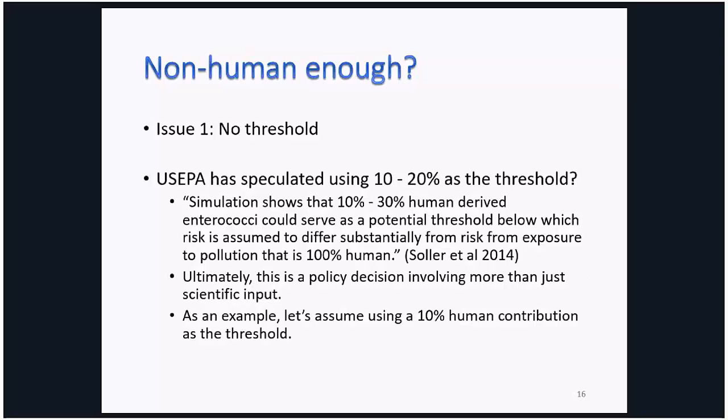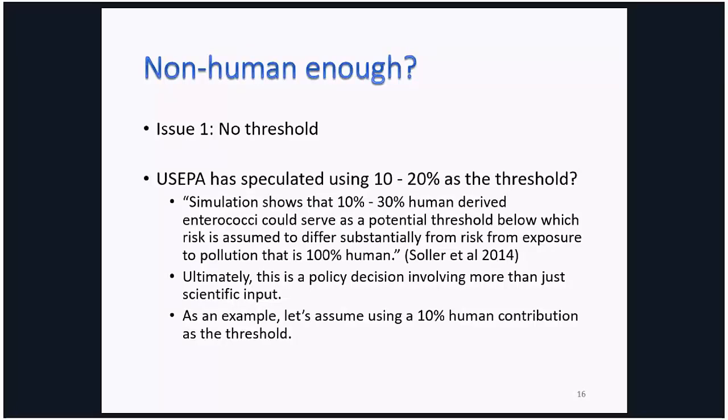So first, what does it mean non-human enough? Here, the first problem we have is there's actually no threshold right now. EPA may have speculated using 10 to 20% human as the threshold of too much human. So